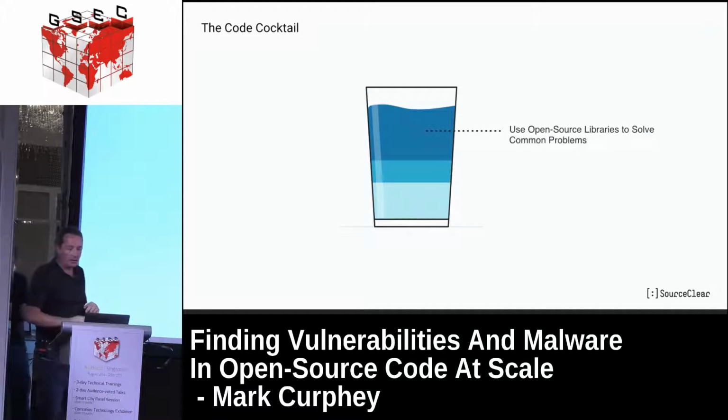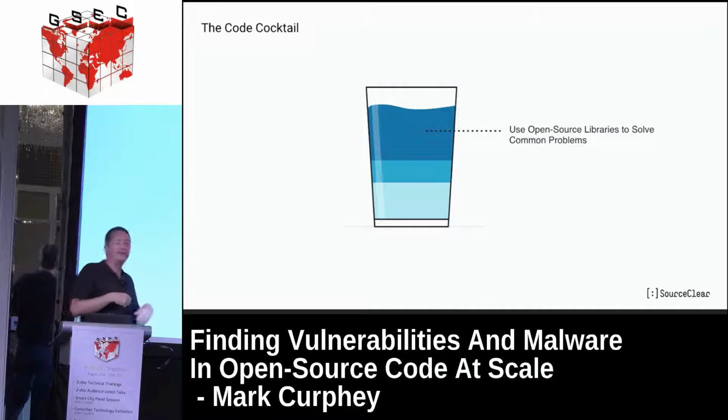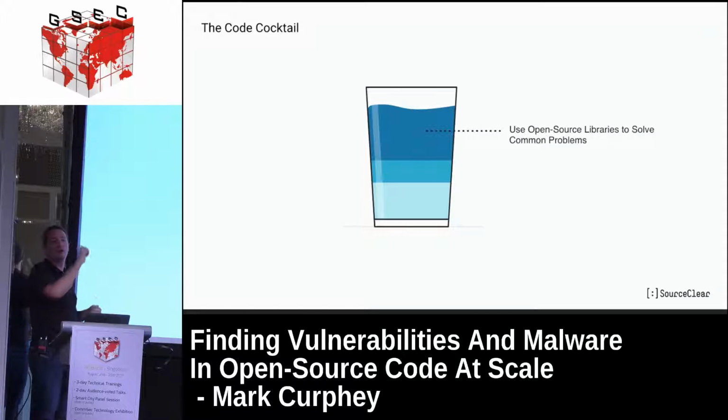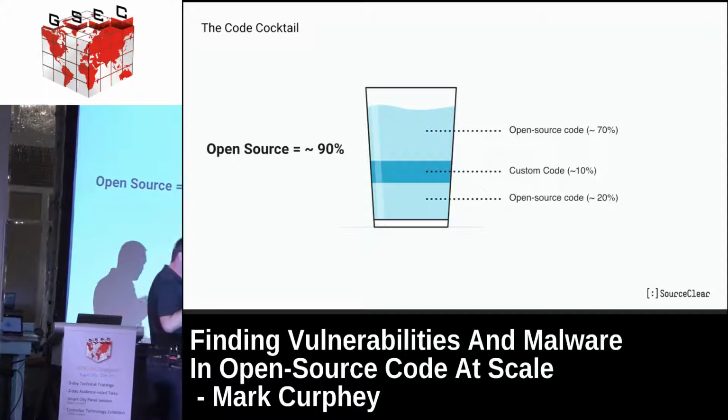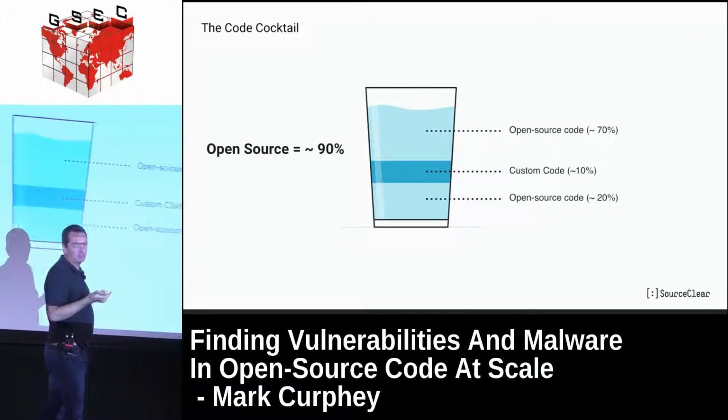And you start writing that code, and then you start realizing that there are things that you want to do that you don't want to go build yourself, right? So hey, I want to process credit cards. I figure out how I'm going to use Stripe, and I pull in a Stripe library. I want to use logging, etc. And before you know it, you've got a cocktail. What that cocktail typically consists of at the end of the day is something like this, where 90% of the code in your finished application was not written by you.